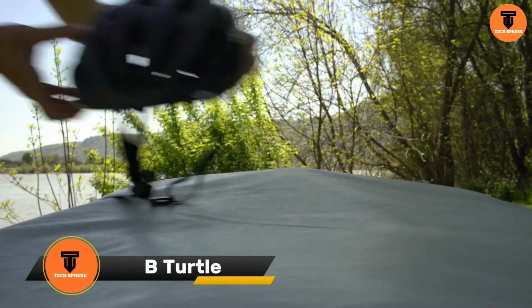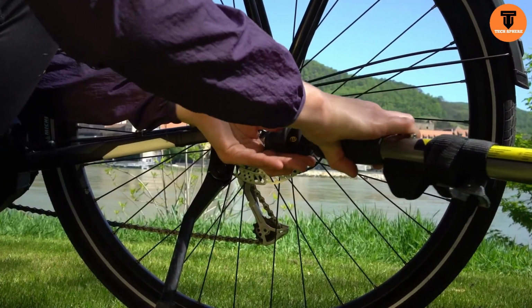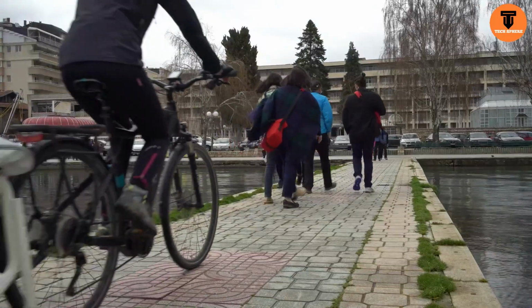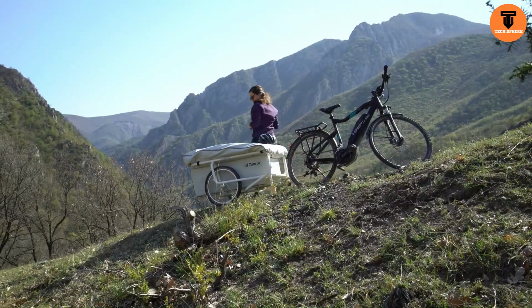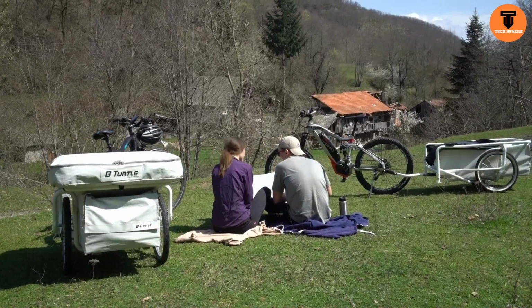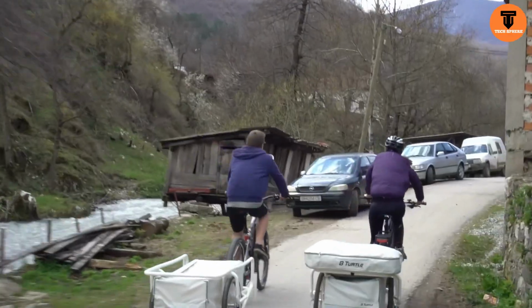The Bea Turtle is a game-changing electric bike micro-caravan that lets you explore the world sustainably and in total comfort, transforming the humble e-bike into a full-blown travel rig without weighing you down. With a simple Weber coupling, its 29 kilograms aluminum frame attaches to your e-bike and unfolds into a cozy cabin, complete with an elevated awning, spacious sleeping area, and dedicated gear storage, so all your essentials stay tucked away and